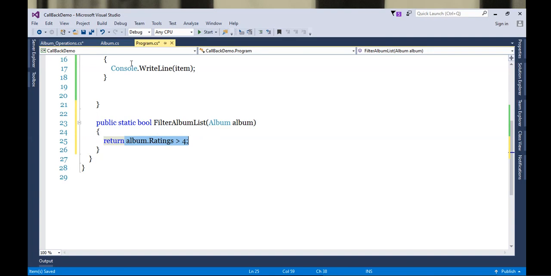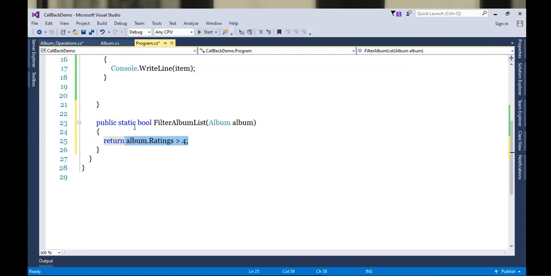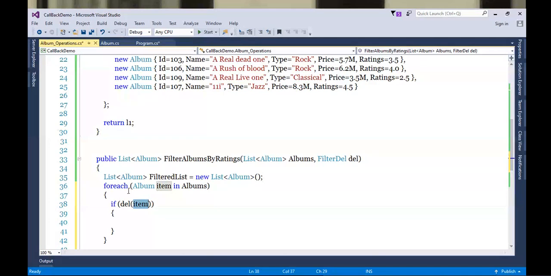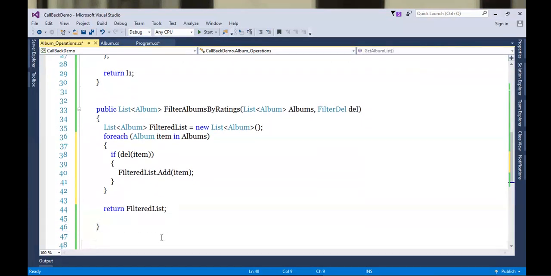We'll be passing the album to it from here. In that album, there is a ratings field available. If ratings are greater than 4, then it will return true. And if it is true, we will add this album into our filtered list. So filtered list dot add in brackets. That's it. This is the logic.